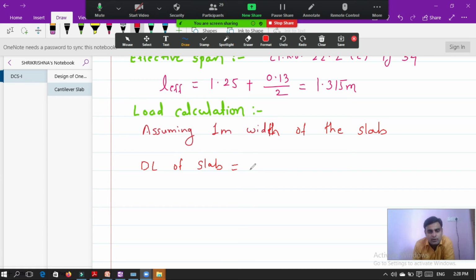So dead load of slab is equal to, what is the depth of the slab? Dead load of slab is equal to the overall depth 0.15 multiplied by 25. If you do 0.15 multiplied by 25, then it works out to be 3.75 kilonewton per meter square. Now after that,